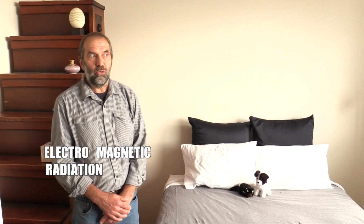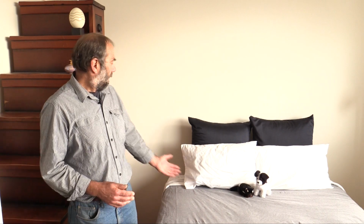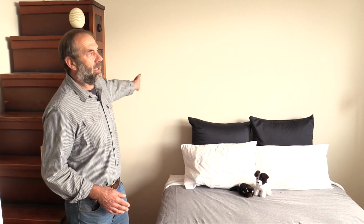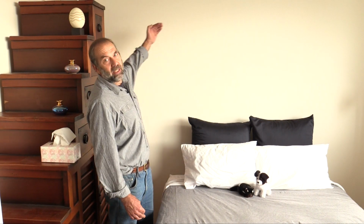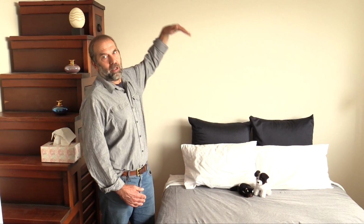Bedrooms are the most important rooms of our house. Therefore, we would like to reduce the exposure as much as we can. In the bed area like this, it's very important to run wiring away from the bed head. In this particular building, we did two precautions. We ran the cables away from the bed head by just coming up to the top, and then also installed